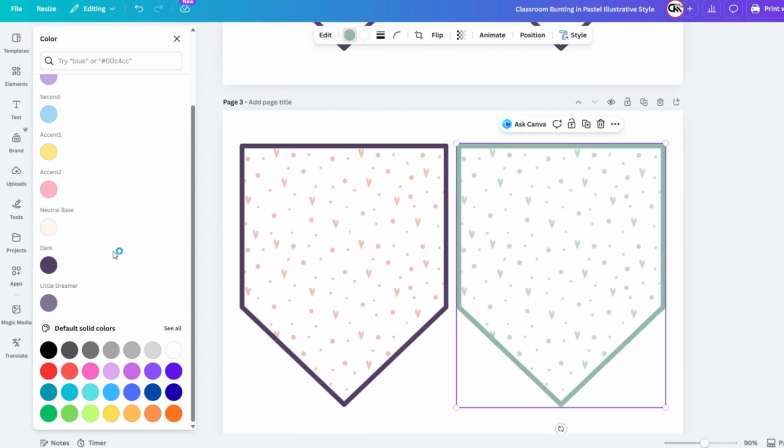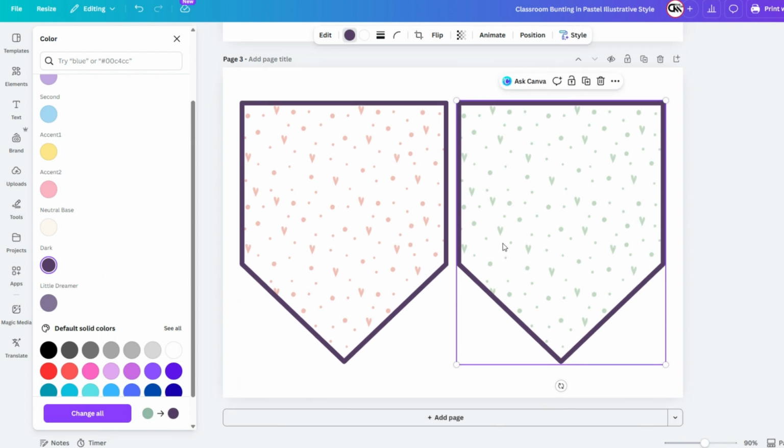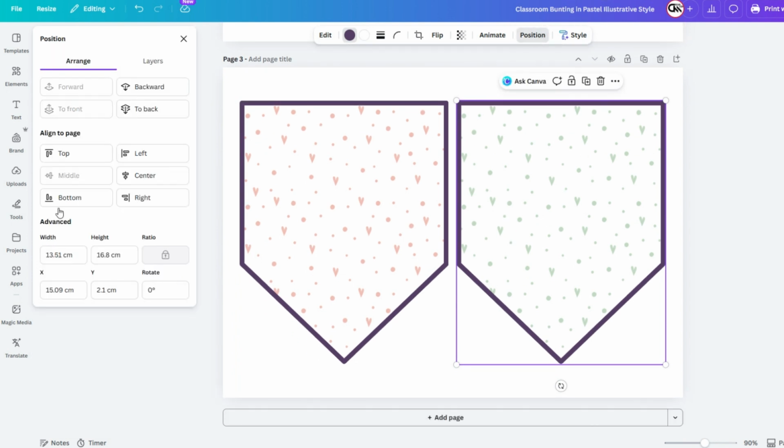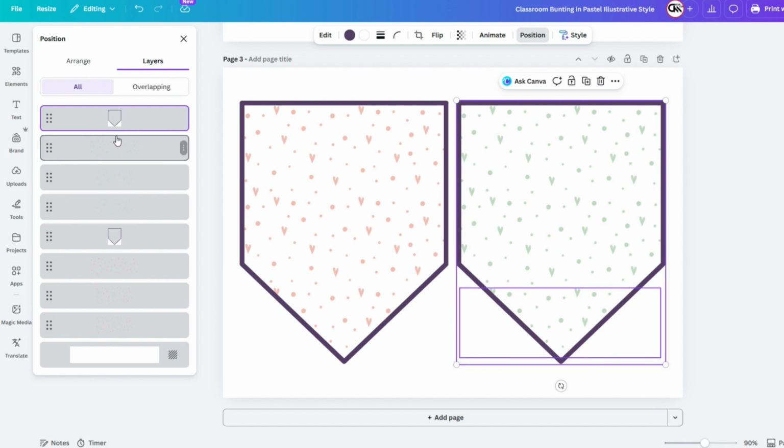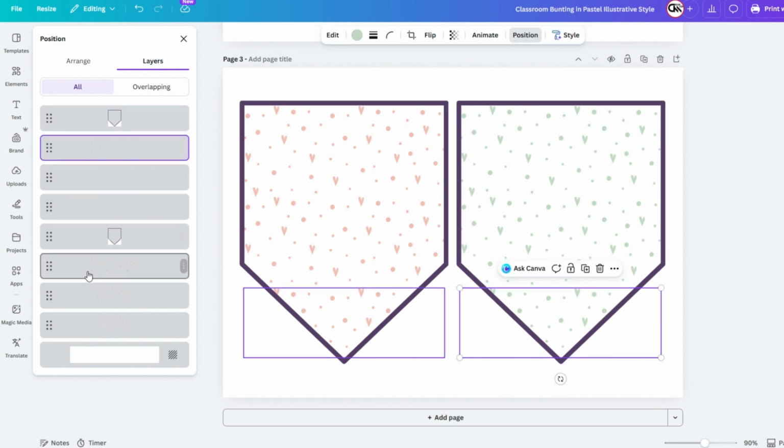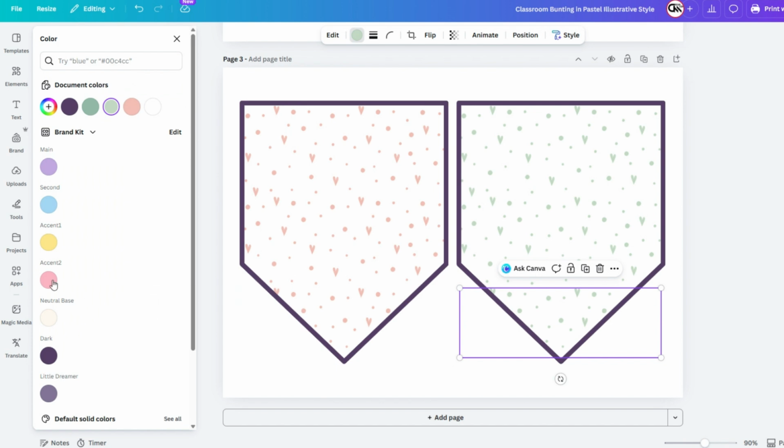purple. For even more control, I'll open the Position tab and look at the layers. This lets me select the background pattern directly, even if it's behind other elements. I'll change the pattern color to a soft lavender and hit Change All again to keep the design consistent across